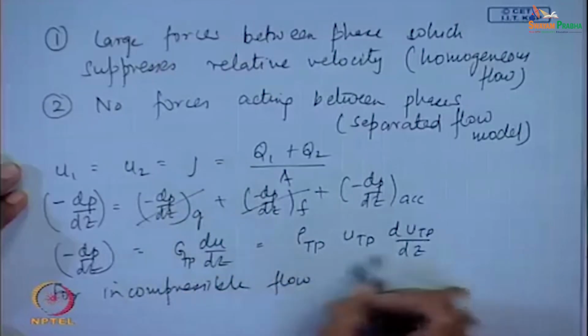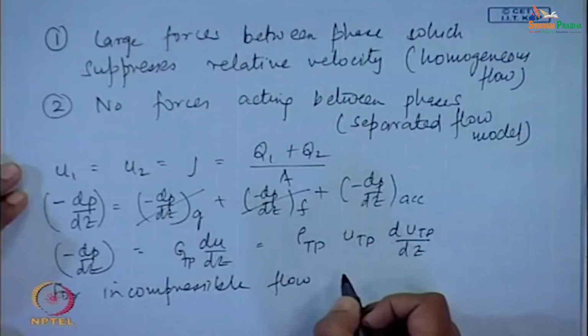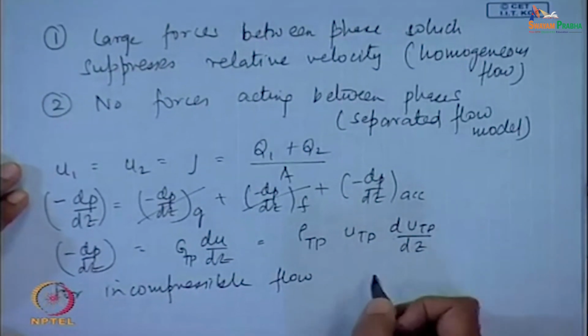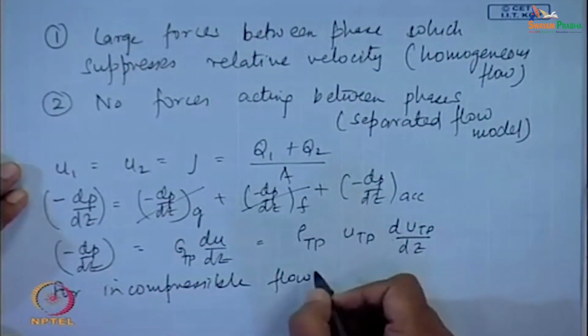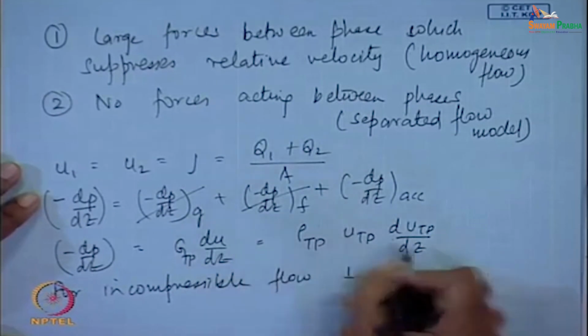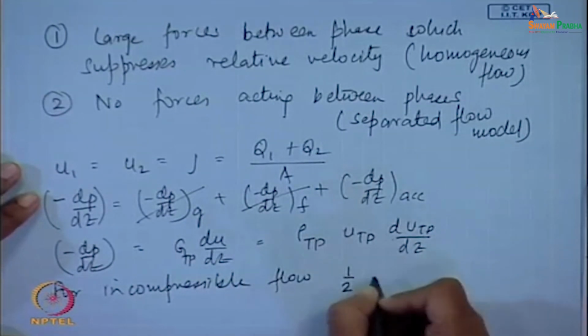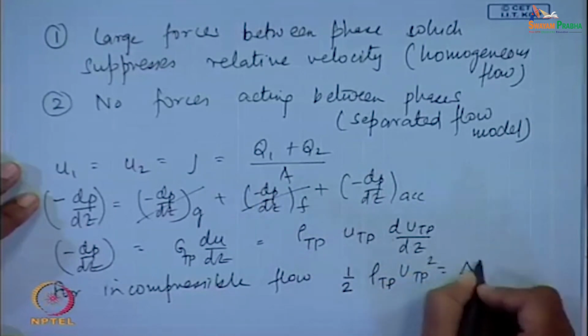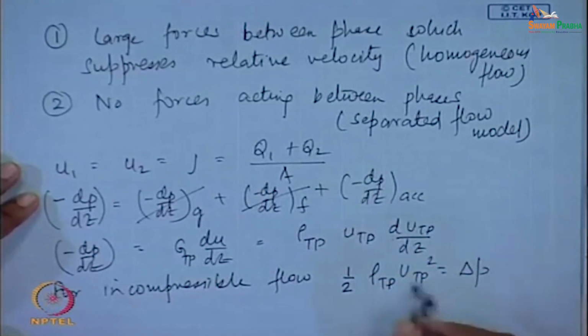So under this circumstance we can assume that it is incompressible flow, because water is anyhow incompressible, and air for such a small pressure drop is also going to be incompressible. So for incompressible flows, what can we write? We can just integrate this equation and have half rho_TP U_TP squared equal to delta P. Rho_TP you can very well find out, U_TP also you can find out, or else